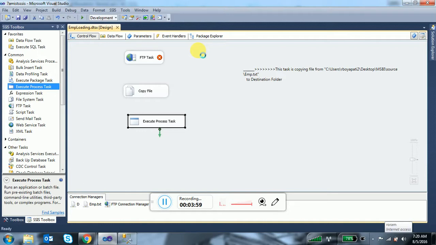See, it is executed and it is opening the notepad here, right?